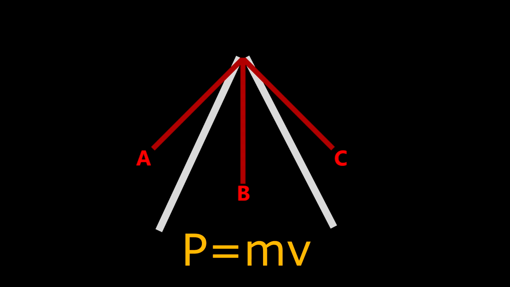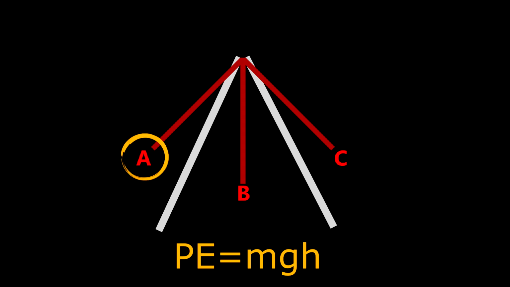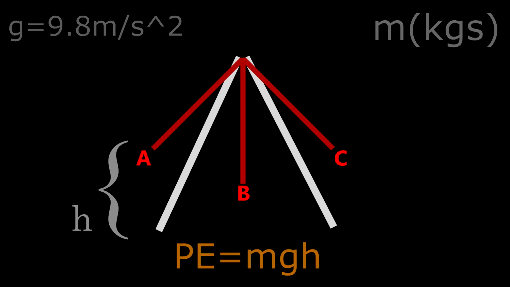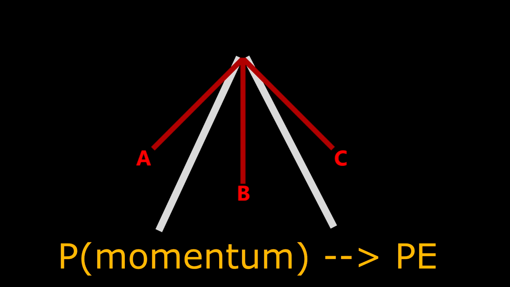Momentum is the quantification of an object's motion, modeling the object's tendency to maintain its movement against external force. It is equal to the product of an object's mass and velocity. We already know that Timmy's body has no momentum or force when it is at point A, but he does have potential energy, which is equal to the height above the ground multiplied by g, the gravitational constant acceleration, multiplied by Timmy's mass. This transfer of force and momentum to potential energy allows Timmy to experience weightlessness in instant A,